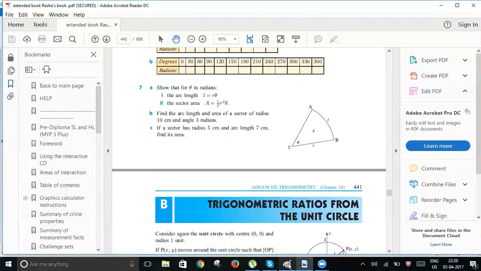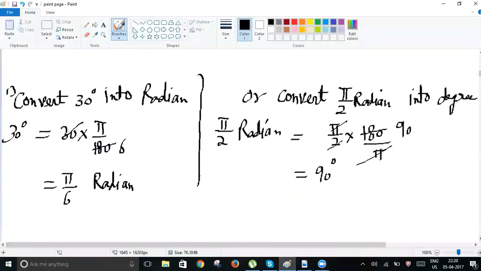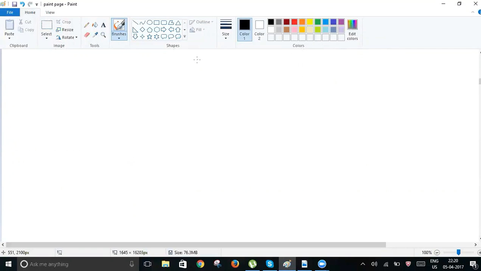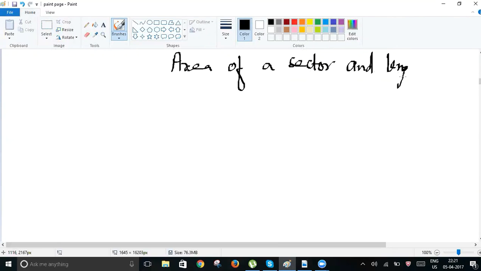Okay, wait. It's showing you a new thing in question 7, and it's giving you the formula for the sector area and the arc length, where theta is in radians. Okay. So using this, what we are going to discuss now